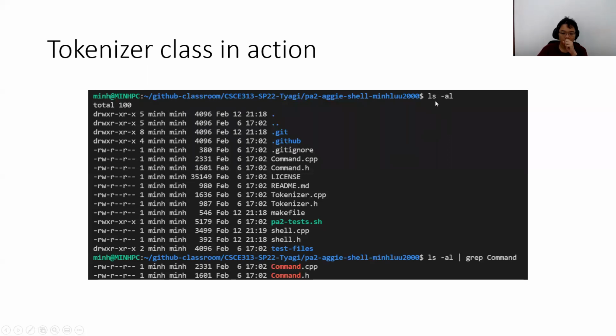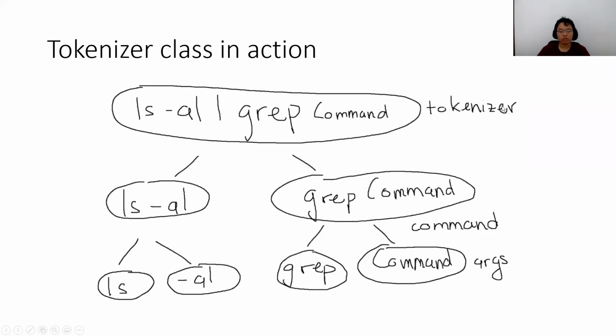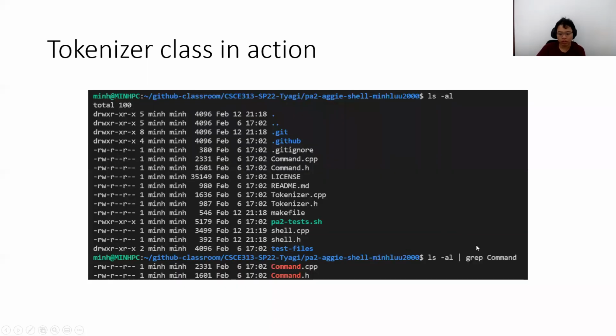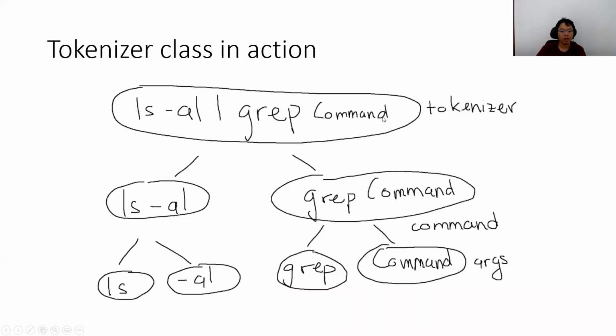So let's say you have an ls -la command right here. It will print out this nicely for you. And then the ls -la grep command will also print it out nicely for you right here. So let's see how it breaks down in action. We're going to talk about this one because it's a little bit more complicated. Basically, the Tokenizer class will take the ls -la pipe grep command, and then it will